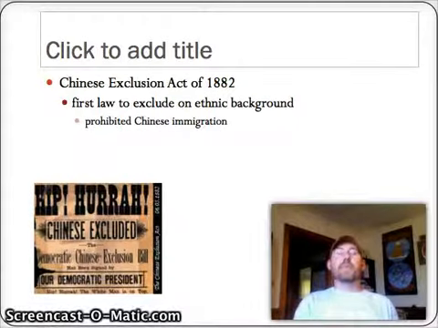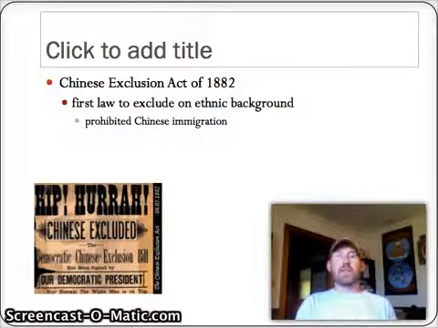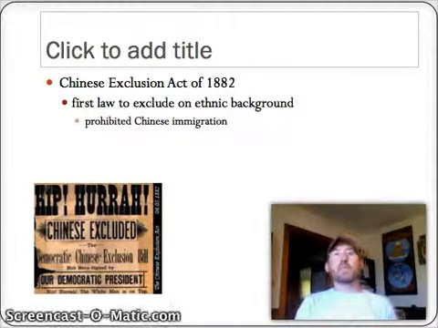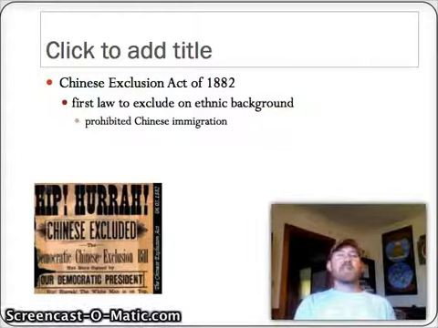Now, as a part of this movement of nativism that happens with this second wave, you start to see a heavy rise in the number of immigrants from Asia, particularly China, during this period to work on the West Coast. As a component of this nativism, you see the first law passed that is going to exclude one ethnic background from immigrating to the United States. It's because of the threat to jobs, is all it boils down to, as well as the cultural differences. But it really all boils down to work and economic opportunity.